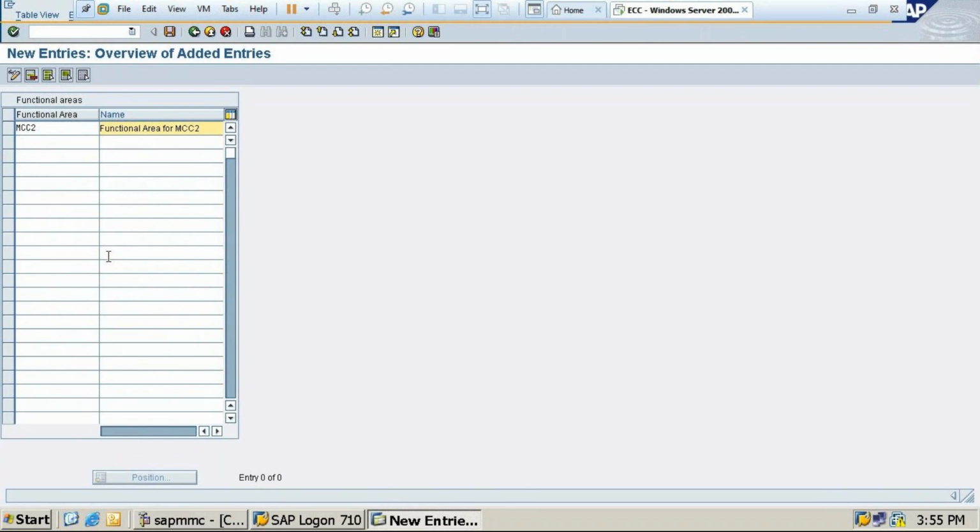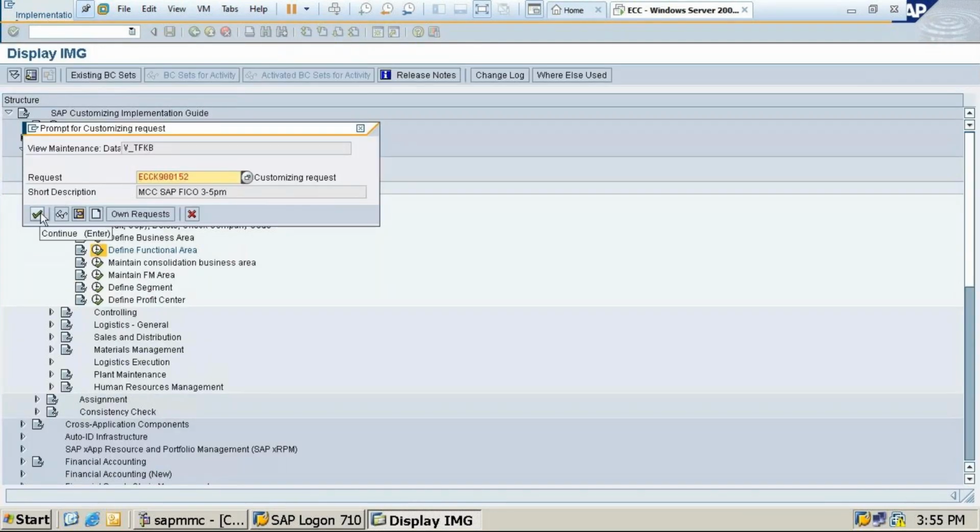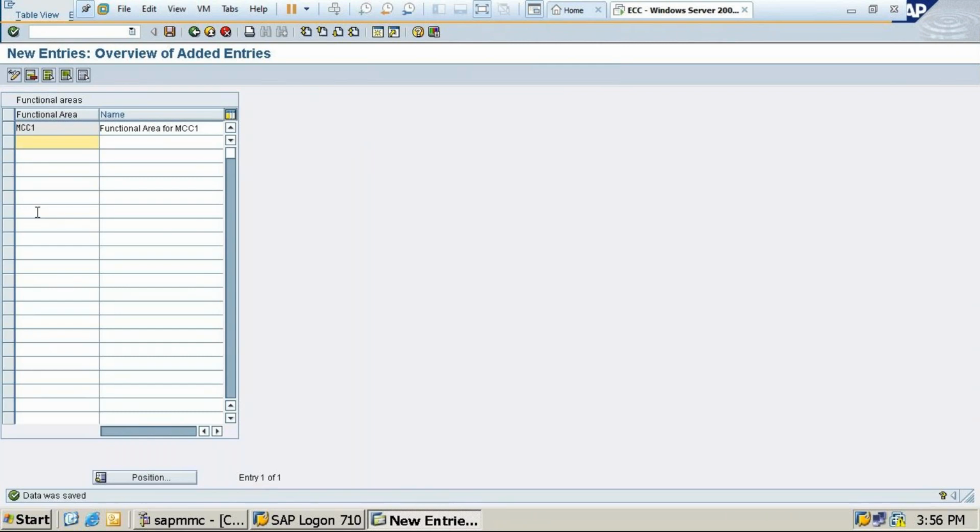Again, new entries, functional area: you give the company code, sorry, MCC1, then the functional area for MCC1, then save. Then you need to tick on this, and it will save. Back.